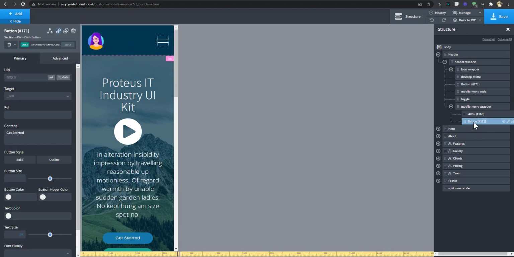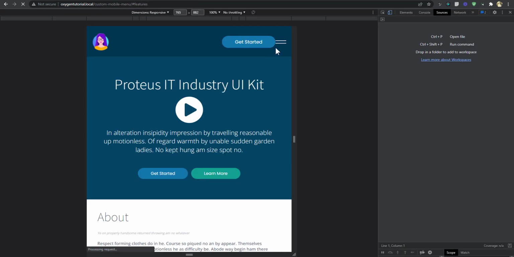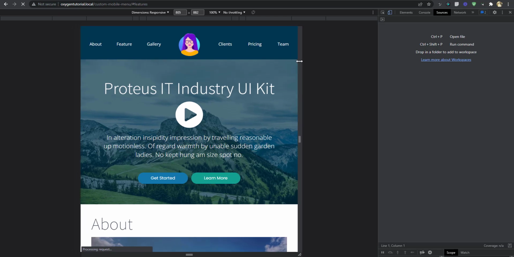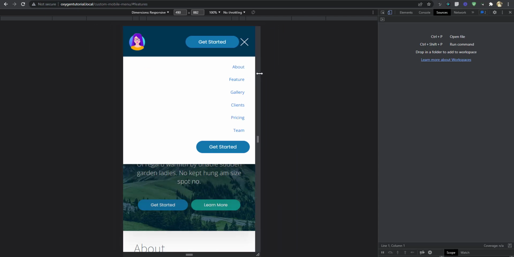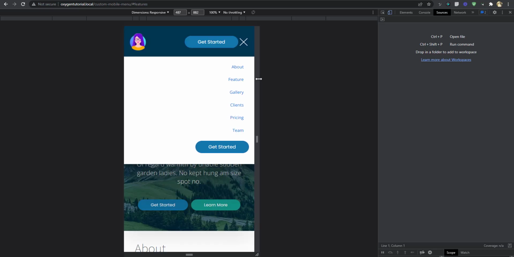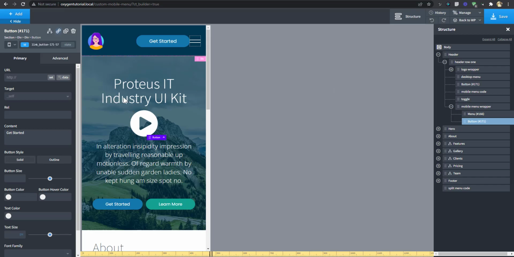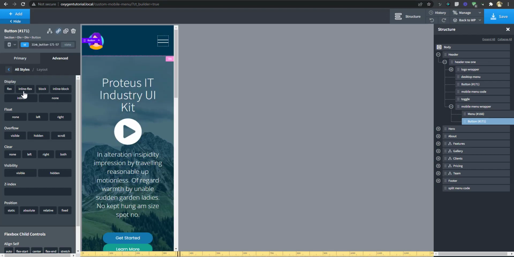Then this button, anything above this. Let's just save that and see what happens. I think we're basically done, but these are just extras. So you can see that you have that. At 480 we want this to appear, so this particular button will be display none on all devices, and then at 480 it's going to display block.